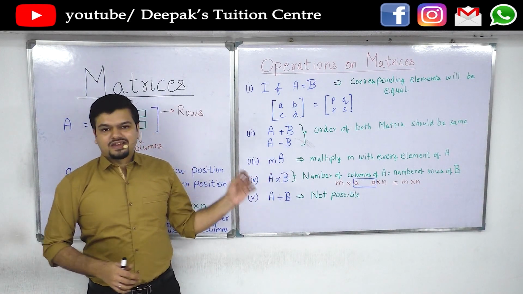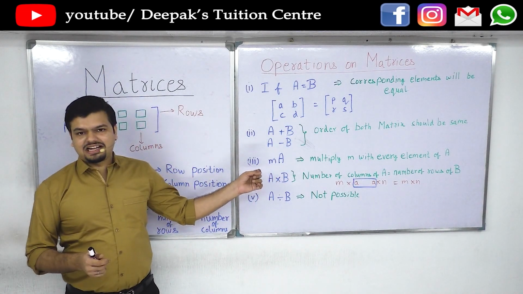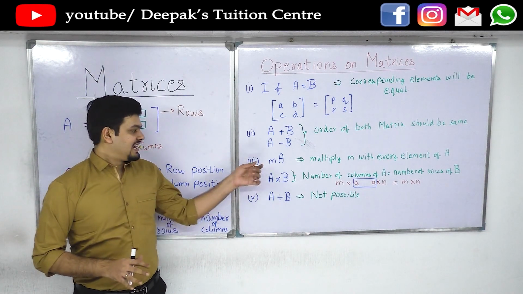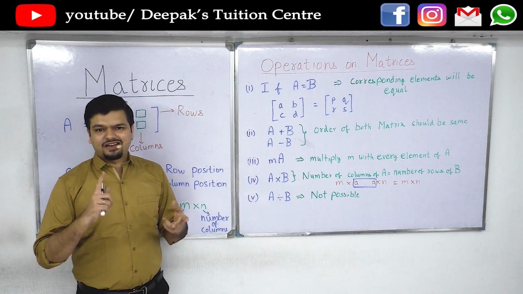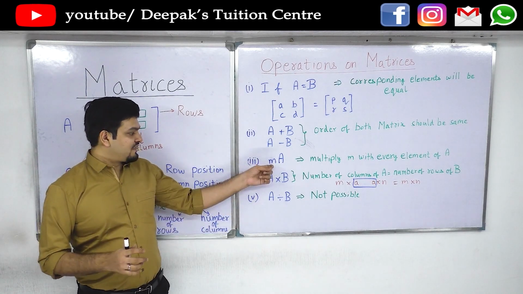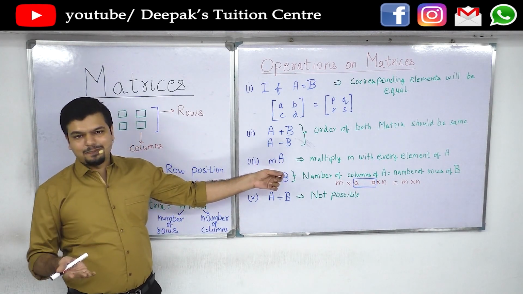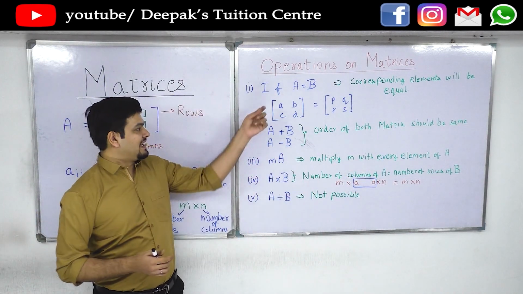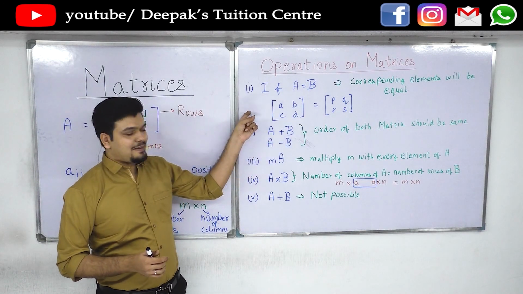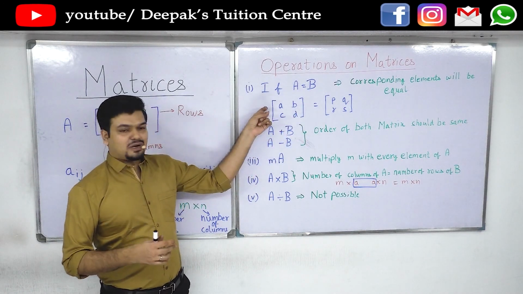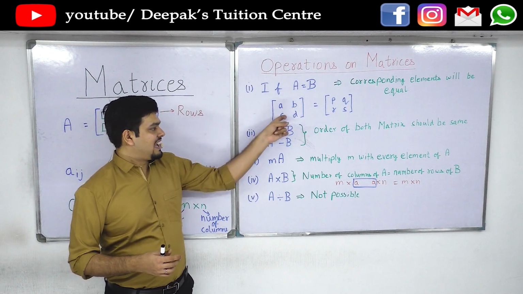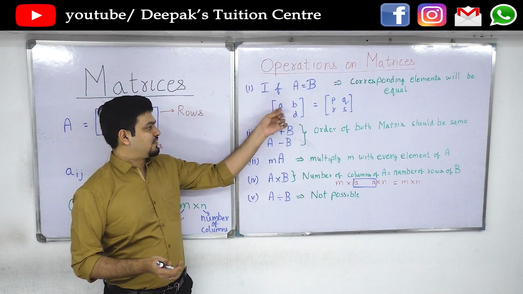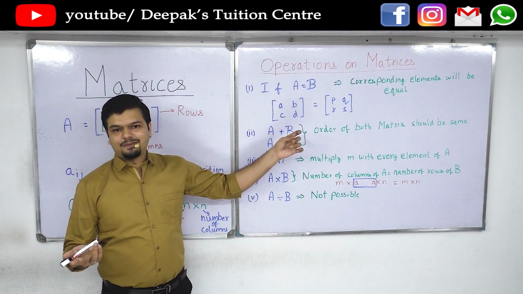M into A. M is used as a small letter. So now I know that it is not a matrix. It is definitely not a matrix. It can be any real number, integer, fraction, any number. If M is multiplied with A, it simply means that you multiply M with every element of A. That means if this is a matrix A and I multiply M with this matrix, it simply means MA, MB, MC, MD. Like if it's 4A, then you will write 4A, 4B, 4C, 4D. Simple.